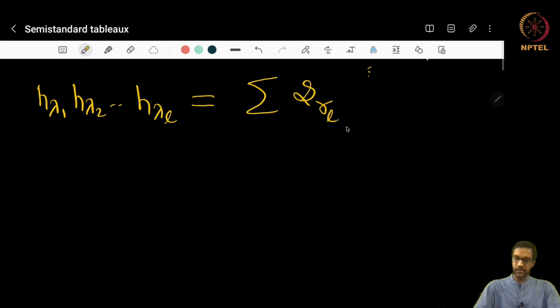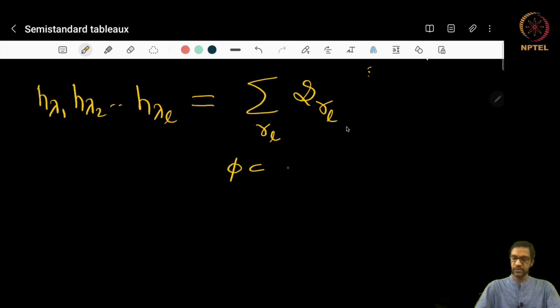Maybe I'll call it gamma L, the shape I get at the Lth step. Okay, so what are gamma L? I mean, where does this sum range over? It ranges over all possible gamma L's, the final shapes. But what are gamma L's? How are they obtained? Well, gamma L is the last shape that you get when you form any such tower